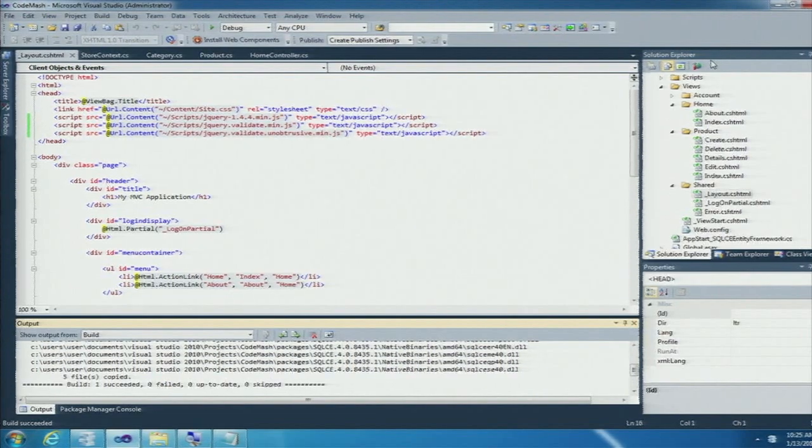So with that, we've seen a number of things. First of all, we've seen how in MVC 3 we have the new Razor syntax. We've seen how NuGet makes it very easy to get those must-have packages, those open source libraries, into your projects with ease. We've also seen how Entity Framework Code First makes it really, really easy to create databases from models. And finally, we saw some of the new jQuery validation libraries as well as unobtrusive validation. Thank you very much.